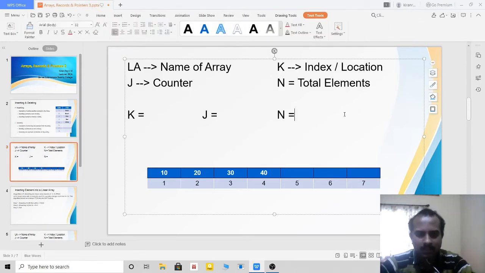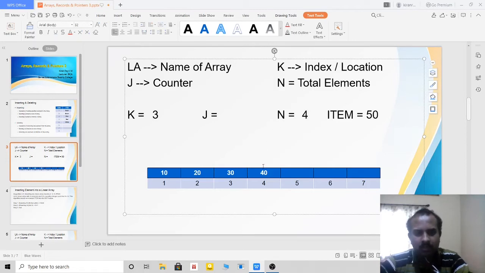Okay, let me consider that. Assume that I want to insert the element at the middle of the array. So let me have an item here, and my item, let it be 50. And let my k value be 3, where I want to insert the element. Now n value is 4.